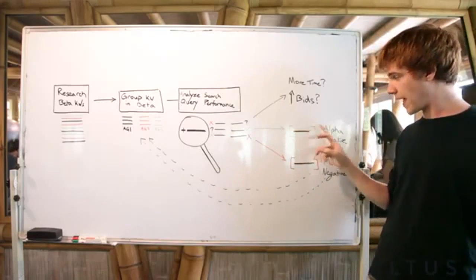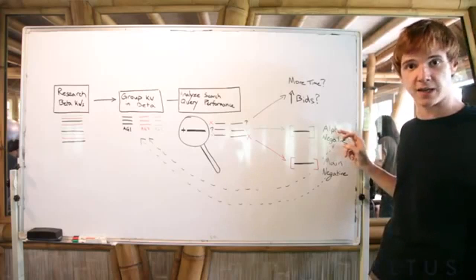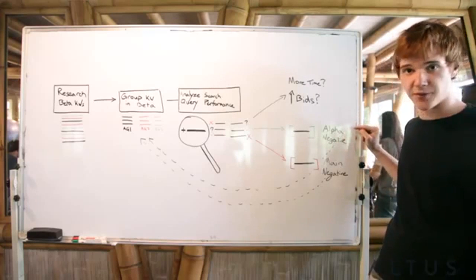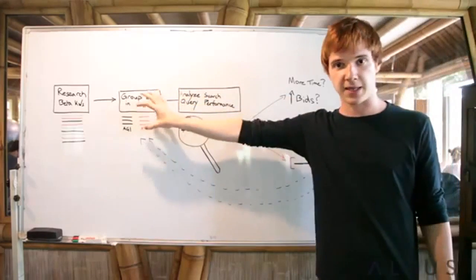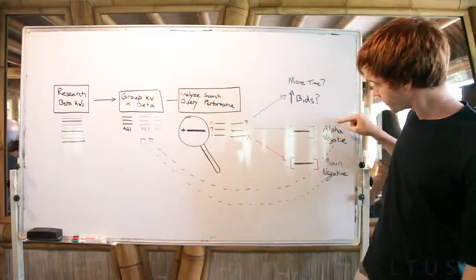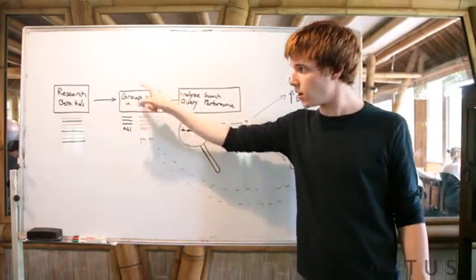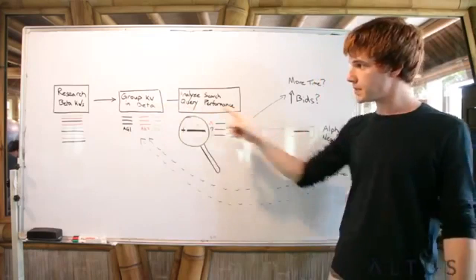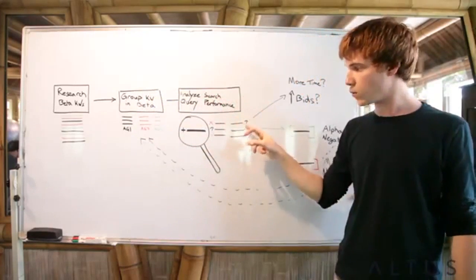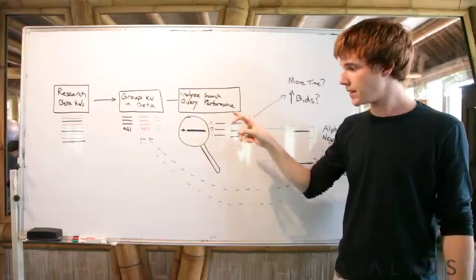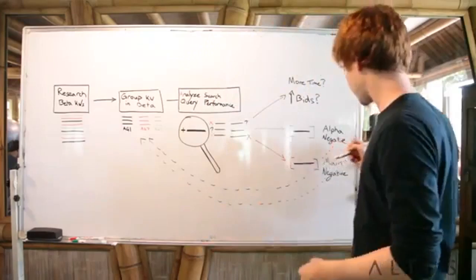If it's good, here's what we're going to do. We're going to, first of all, add it to another shared negative keyword list. This is counterintuitive. It's called the alpha negatives, right? And the alpha negatives are only applied to beta campaigns, right? There's another little dotted line because it's also going to impact this. So this beta campaign is no longer going to trigger this winning query, right? And the other thing that we're going to do, which is really quite important, is that we're going to take this